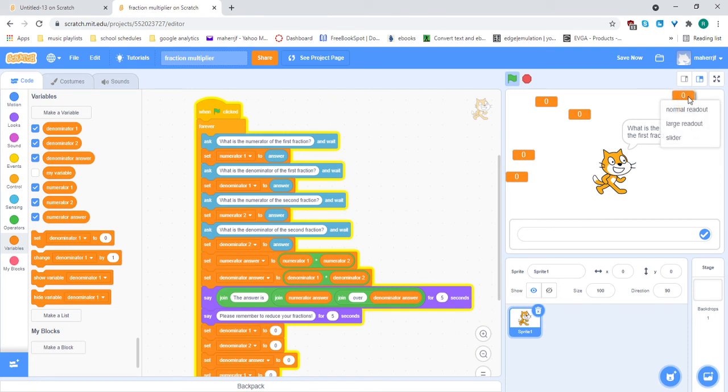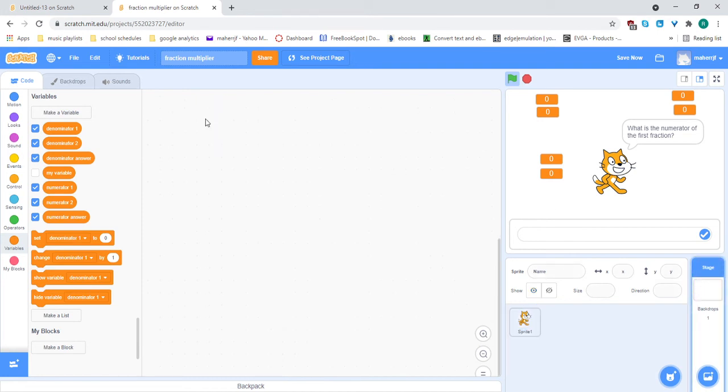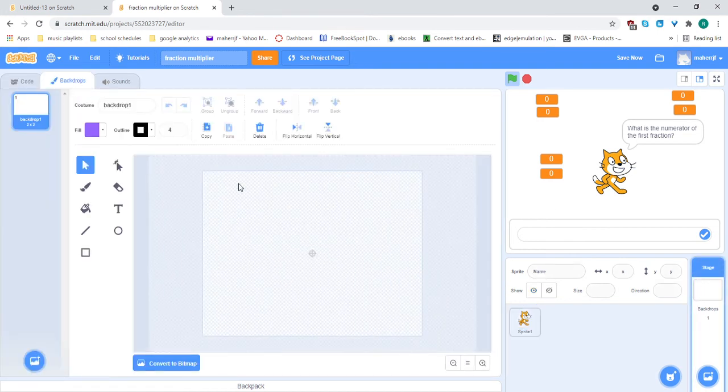And then we can actually go into the backdrops here. Now all of the coding is done, but if I click on backdrops and then click on backdrops here,